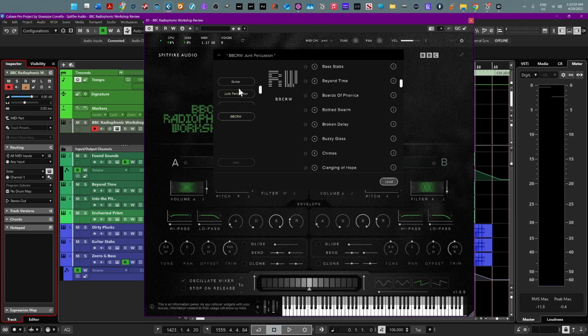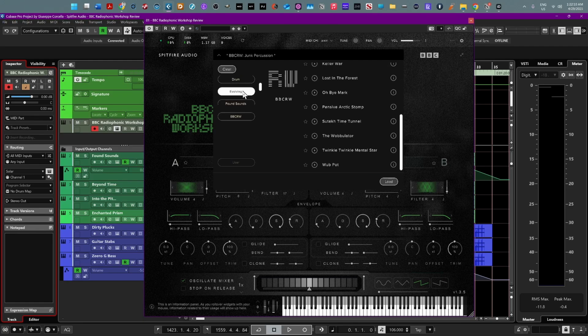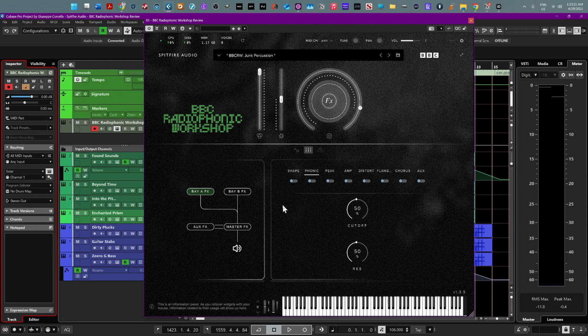Also very useful here is that you can filter the presets per category, so you can right away find what you're looking for, and also add them to your favorite list and listen to a little preview of them, so you know how they sound before you actually load the preset. If you move the mouse on these info panels, you can read a little description of the sound. In the second page you have some more effects.